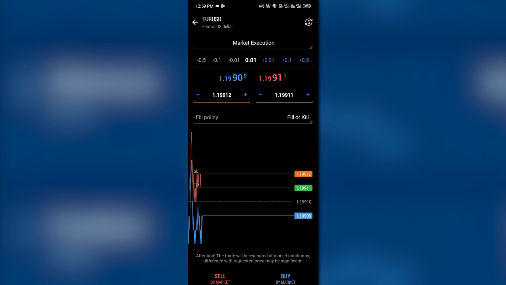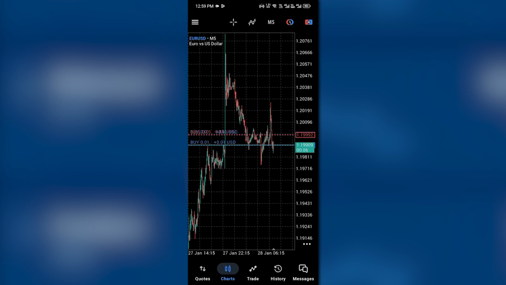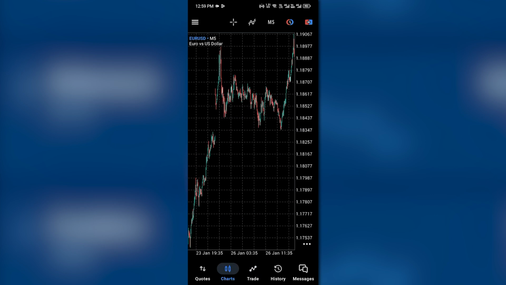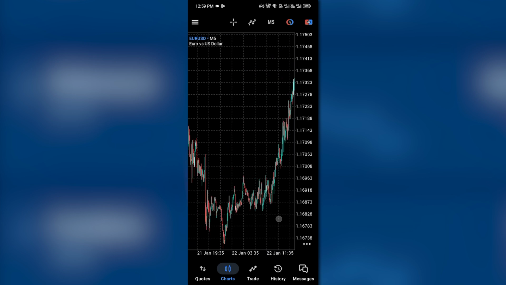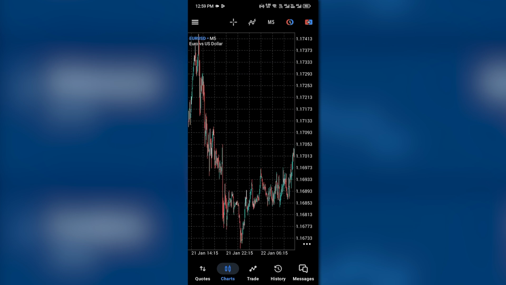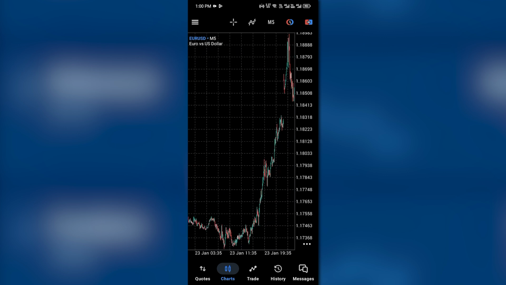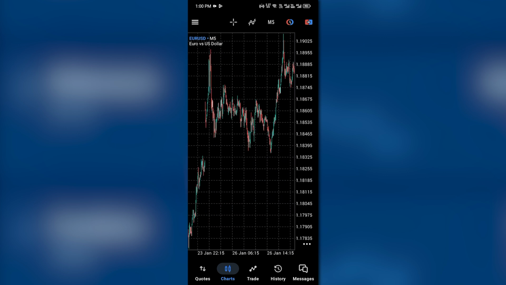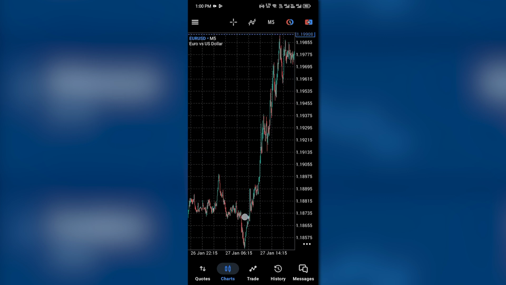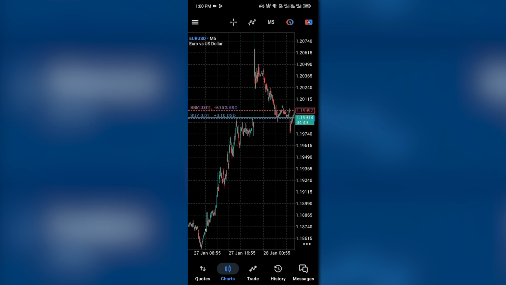The main reason this happens is that different assets require different minimum amounts to trade. For instance, trading currencies, Forex, can often be done with as little as $2, $5, or $10. However, trading indices like NASDAQ, US 30, or assets like gold and Volatility 75 requires significantly more funds in your